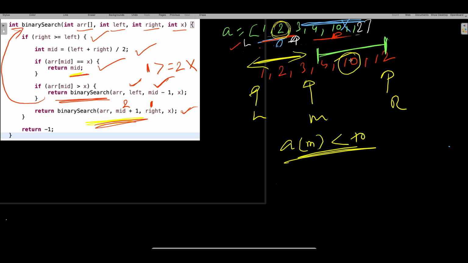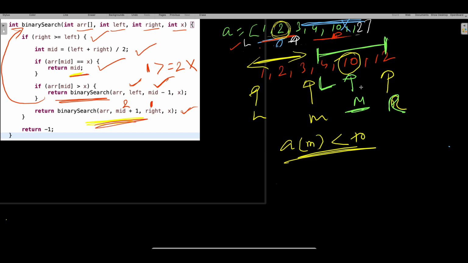In that case, again we need to divide this array into two pieces to make it more optimized. So when I divide this array into two pieces, my left will come here, my right is here, and I need to find middle in this, right? When I find the middle in this, my middle is going to be here by the left plus right by 2 formula, right? You got it?